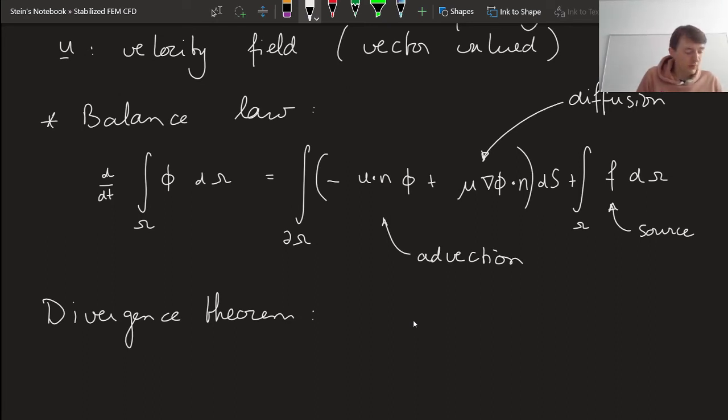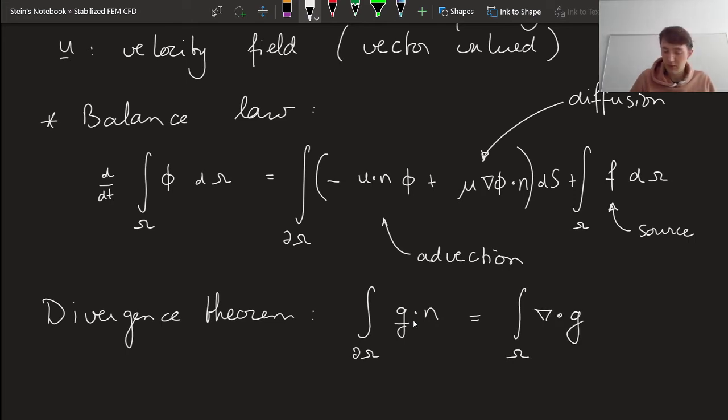And the divergence theorem says the following. The integral on the boundary of any arbitrary domain of some vector valued function f. Well, let me go with g, because I'm already using f. Of g, dotted by the normal, that is going to be equal to the integral inside of the volume of the divergence of g. And here we have a ds, and here we have